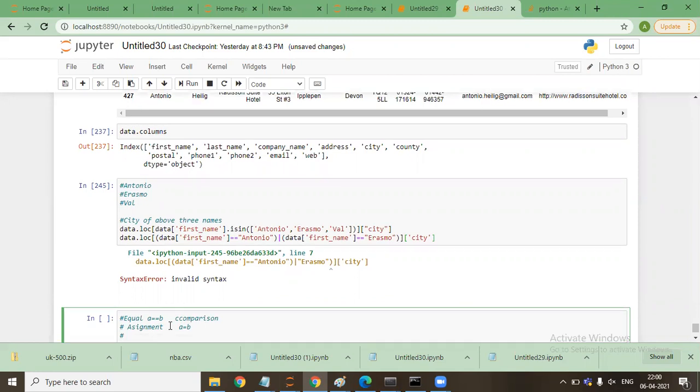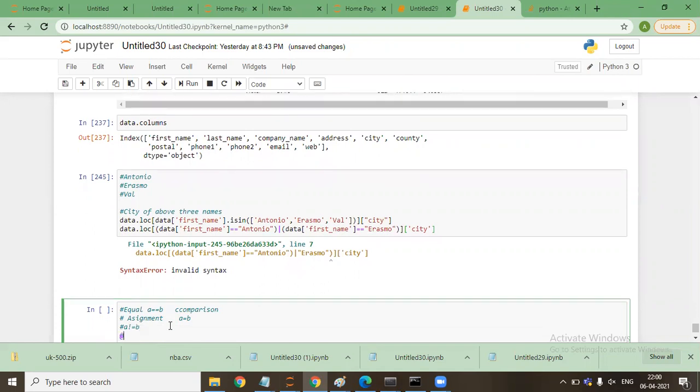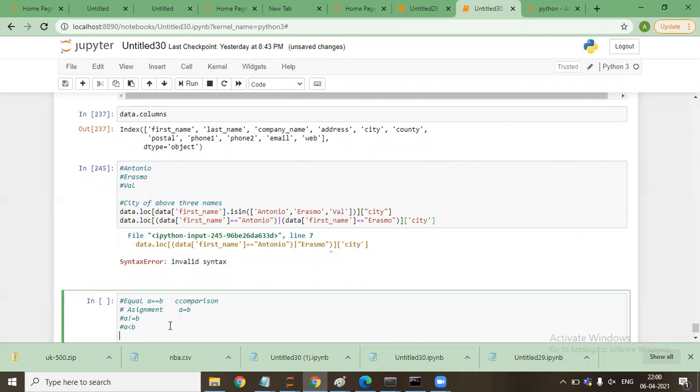So in Python, how do we write not equal to? A not equal to B is a thing. Less than is specified in the format of simple A less than B. These are the operators.